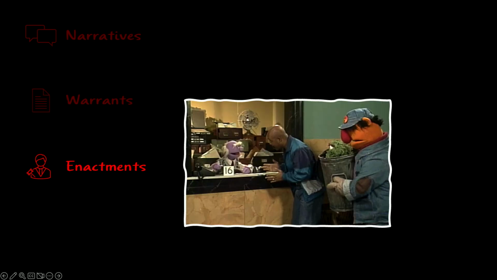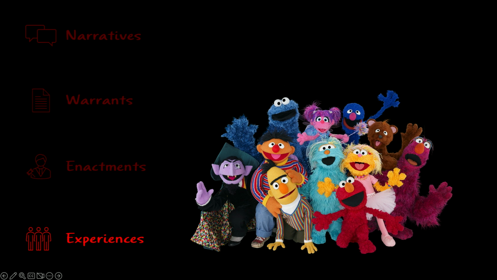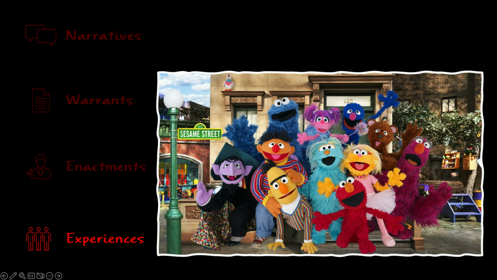And lastly, policies are visible through the experience of the people that those policies affect. So when we're thinking about policy, we also have to think about not only how they're created and how they're implemented, but also what the end result is, essentially, how they impact people. And again, the impacts can be varied, because there's a number of different people, and different people might have very different experiences of the very same policy enforced in the very same way. Not to mention that people are situated in communities, and different communities might experience policies in different ways.